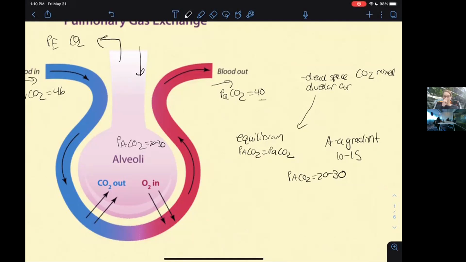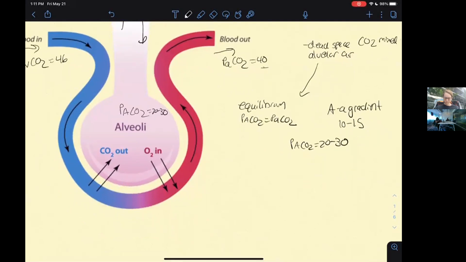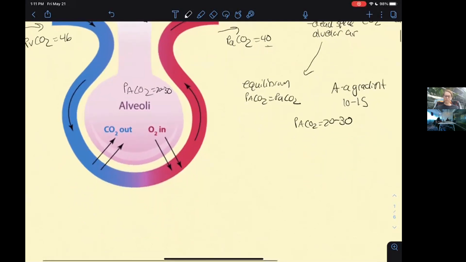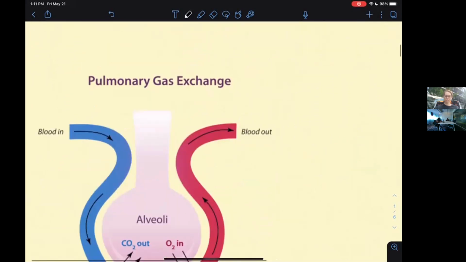And in some pathologies, this becomes important because sometimes gas exchange is impaired, so you have increased retention of CO2 in the blood, or sometimes you're having more produced overall, so that much CO2 just can't get out from your blood. So this becomes an important concept later, so it's important to understand that AA gradients exist and what can contribute to them. So if we think about something that's a complete dead space,